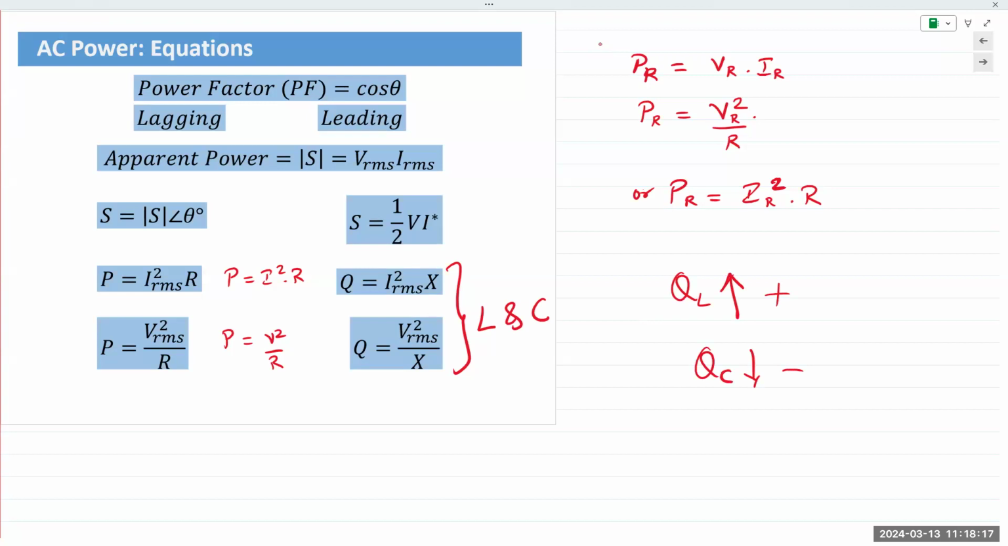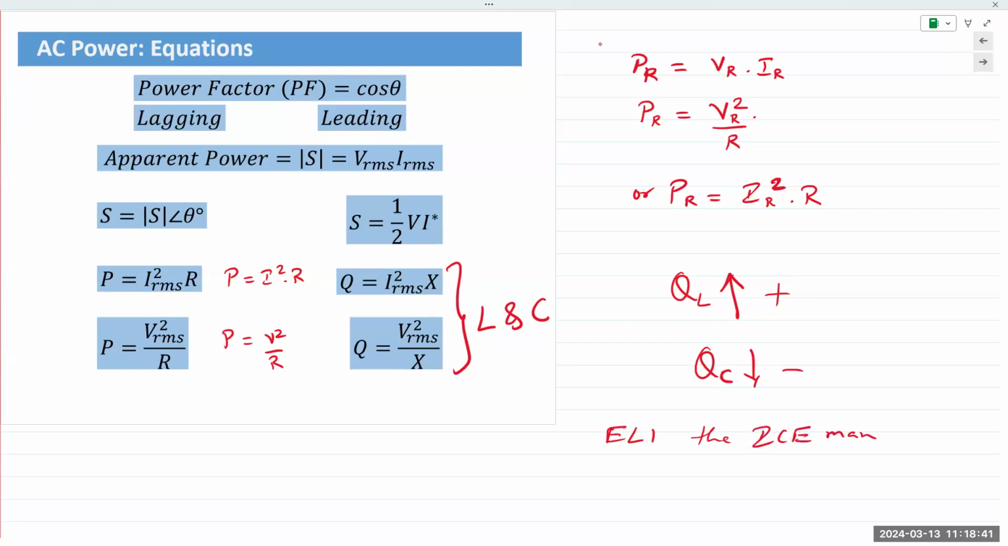It comes from the fact that the voltage and current of a capacitor and inductor are out of phase. For an inductor, the voltage leads by 90 degrees. For a capacitor, the current leads by 90 degrees. And so